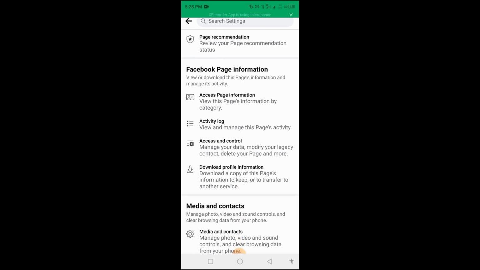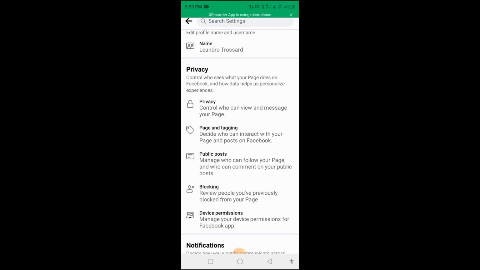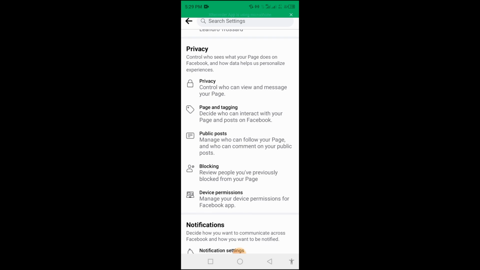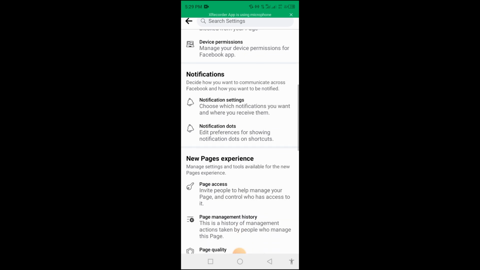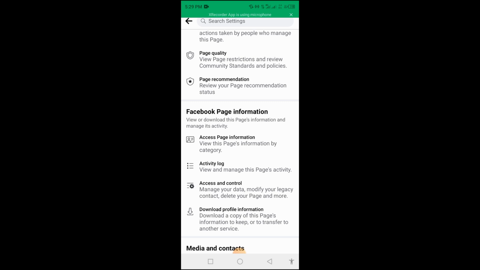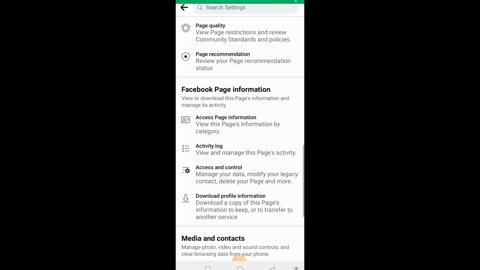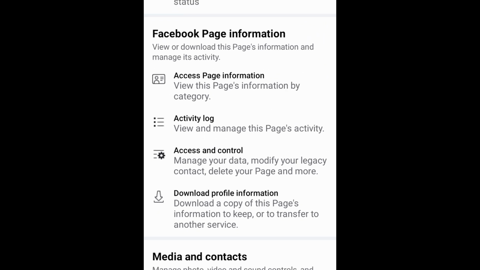You scroll down to get access and control. You can see that there are a lot of options here. We have personal information, that is the page name of the page and all those things. We have privacy, who can view your message and all those things. And you have notification, your page notification. You have new page experience and page information. So we want to go to page information and click on access and control. So you have to click on access and control,